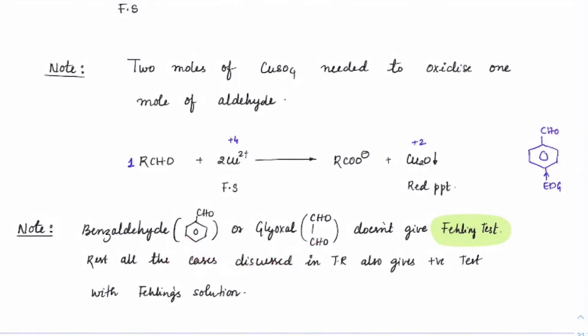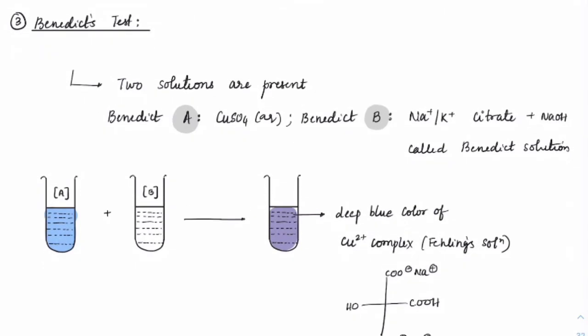Okay. Now last one, if you check out Benedict test. Benedict test is exactly like Fehling test, except the fact that the salt which you are using, that is solution B which you are using, is different. There we are using tartarate, here we are using citrate. Got it? The reaction is almost the same, except it is believed that Benedict is a slightly more stable complex as compared to that of Fehling's complex. Benedict's complex is relatively more stable. Okay, but that is not going to impact the overall reactivity that Fehling does.